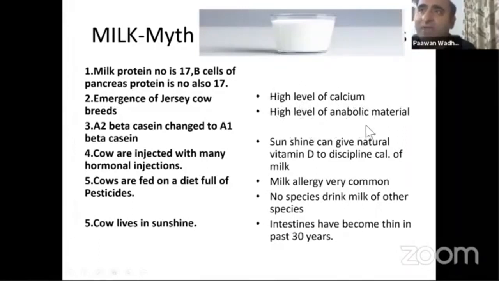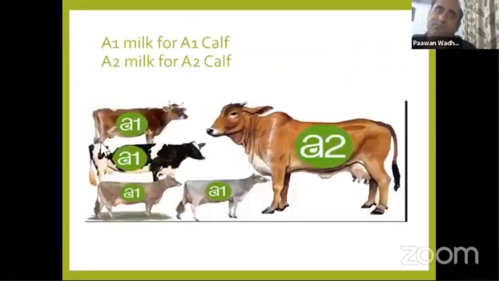There's a high level of anabolic material in the milk, which causes sugar levels like IGF to be very high in the milk, which causes the sugars to go up. And there is the emergence of Jersey cows with A2 beta casein, which is confusing and causing type 1. Now there is one more concept which troubles people, that some people say India has got A2